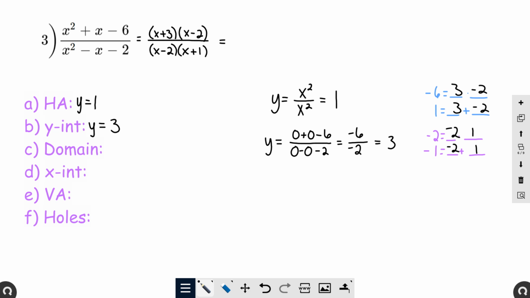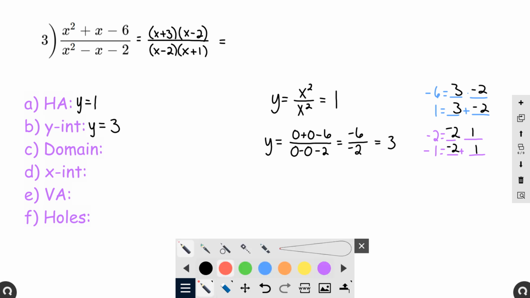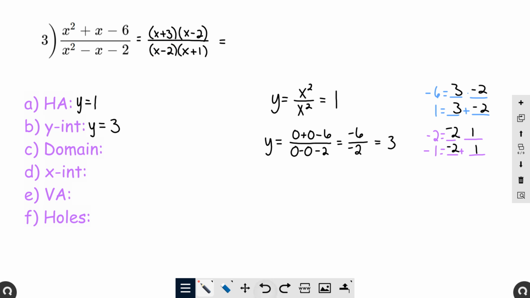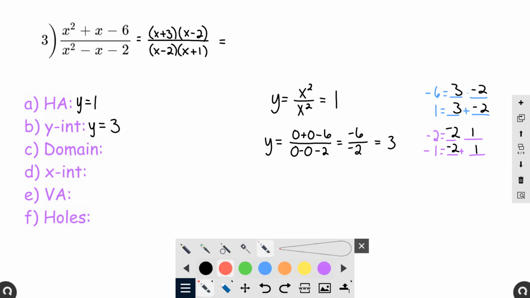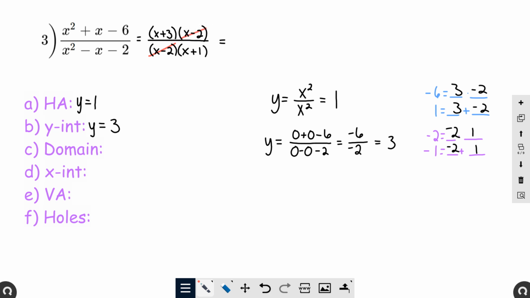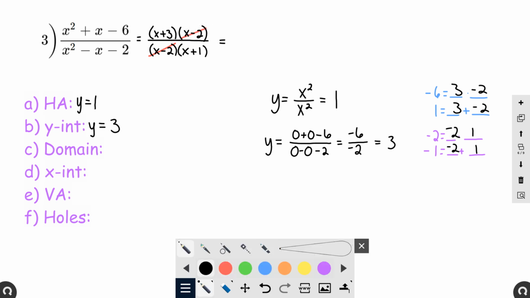Now we could do what? Cancel out what? X minus 2. Our x minus 2's can cancel out and go away. Let me use a highlighter for that so we can still see through it pretty much. And so we are left with,